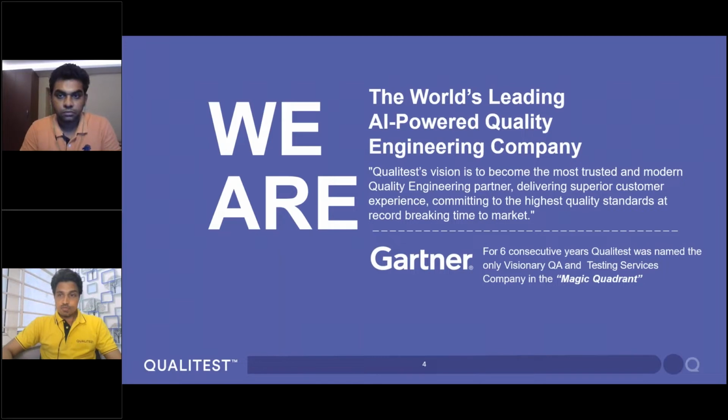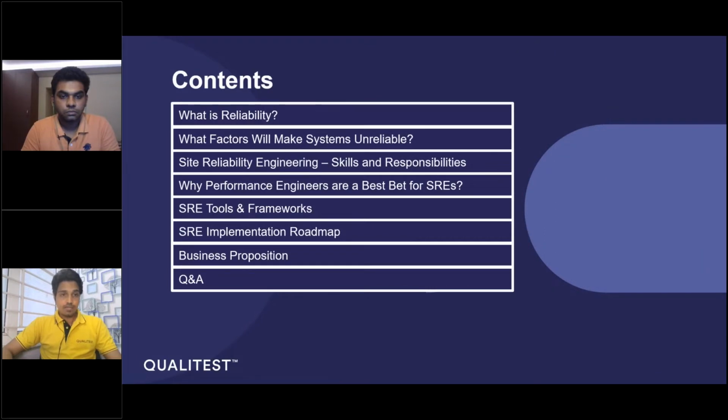Right. So without further ado, let me get into today's topic. What we are going to discuss today is at a very high level. Let's understand what is reliability, the need for reliability, what would make systems unreliable, and how the skill set, site reliability engineering, is taking front seat nowadays in the software development industry, and what kind of skills, tools, and responsibilities the teams have to adopt to enable successful site reliability engineering practices. And we'll briefly speak about the tools and frameworks in the space. Right. With that, let me get into the actual content.